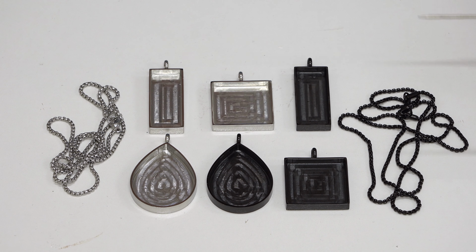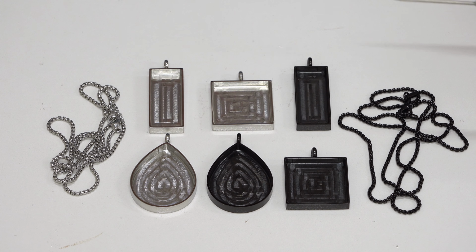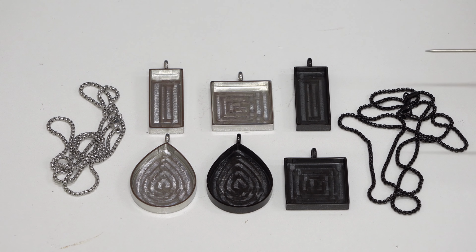If you're looking at creating mosaic jewellery, then you'll want to have a look at this beautiful range of mosaic bezels. Now, the design that you put inside the bezel can be as simple or as complex as what you would like. So you can do some pretty quick turnaround beautiful projects, or you can do more involved, more complex